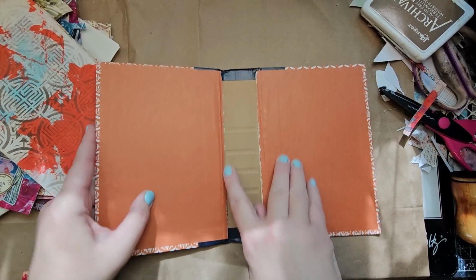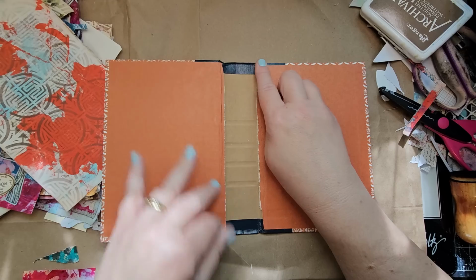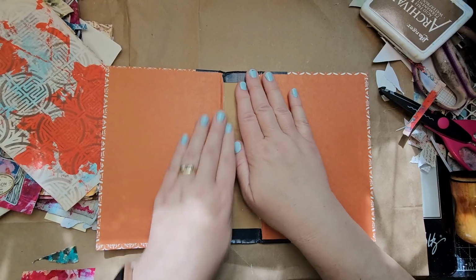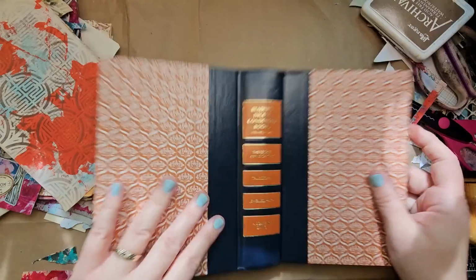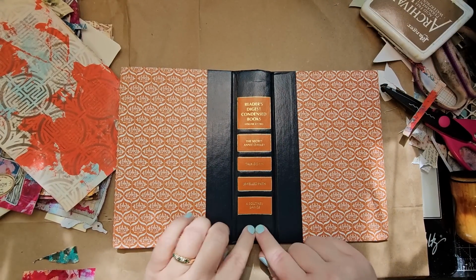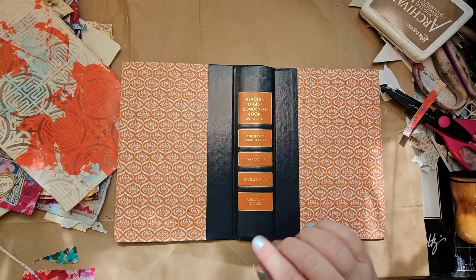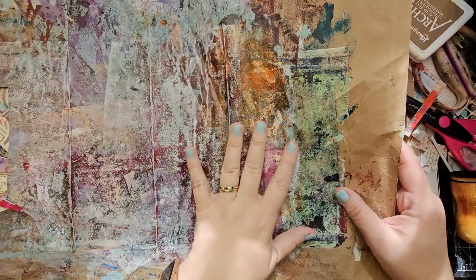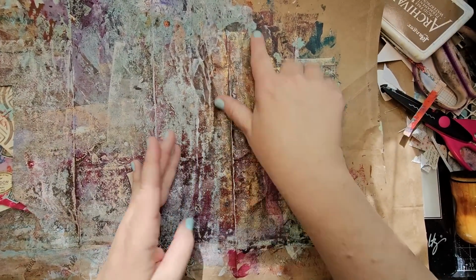I usually go simple, like whatever's easiest. Either put a piece of fabric on the inside here just to reinforce the spine. The outside's pretty good. If I want to cover this part, I can. But this is navy blue and a brownie orange, which I don't mind, but it's too perfect. So I've got this drop paper here, and it's got some oranges and burgundies and whatnot right here. So I kind of want to use some of that